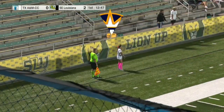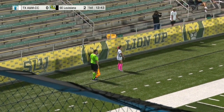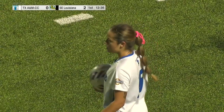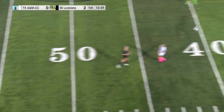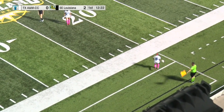Off her line there was Griffin. And she had to come off there, as you mentioned. Player lurking in the box for the Islanders, but no doubt the best opportunity for the Islanders so far. Yeah, and head coach Nathan Gillespie certainly will be smiling seeing his goalie Griffin make a play like that. And nice skill right there by Addis, but only as far as Dalton Fish, who puts her boot through it